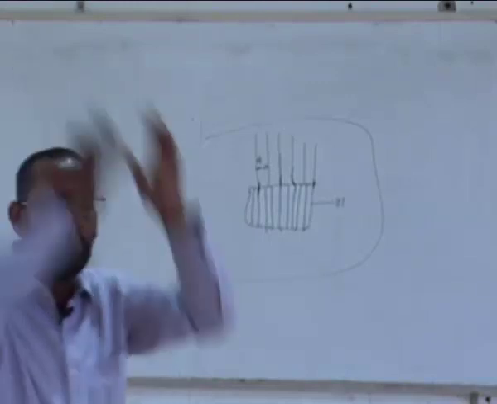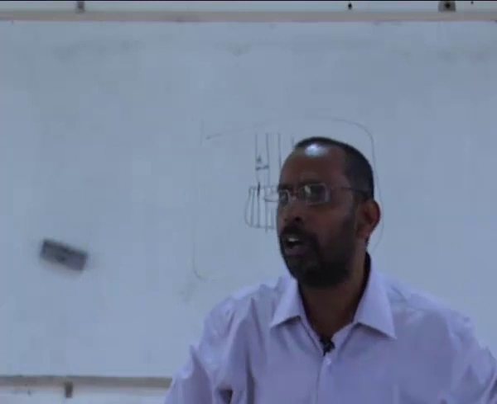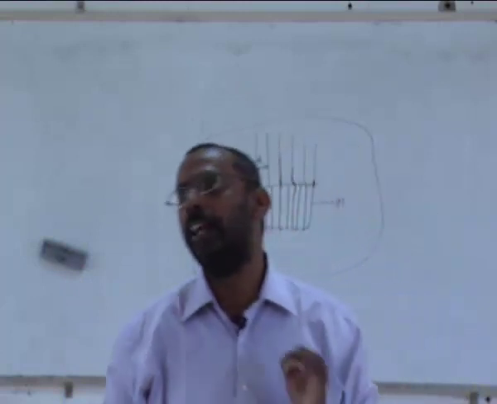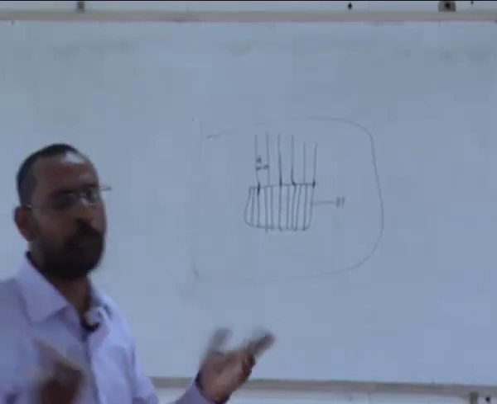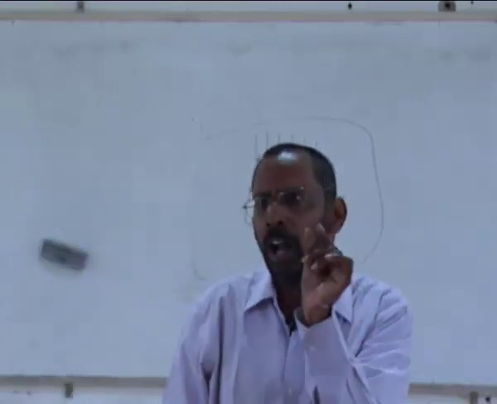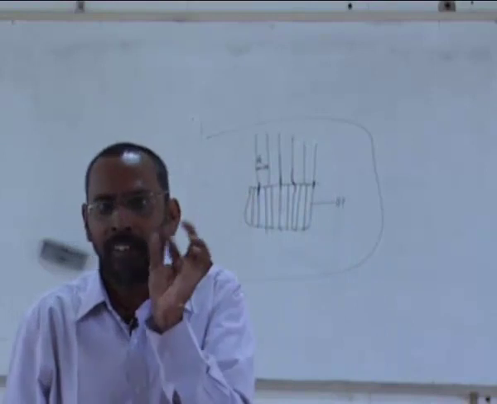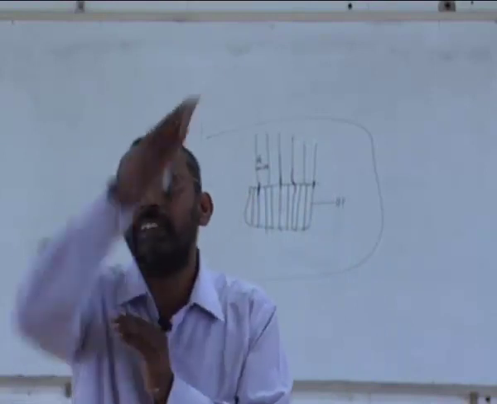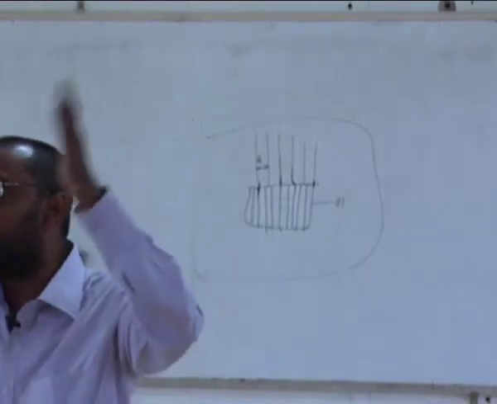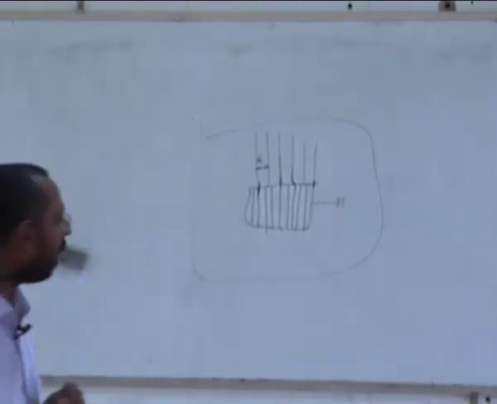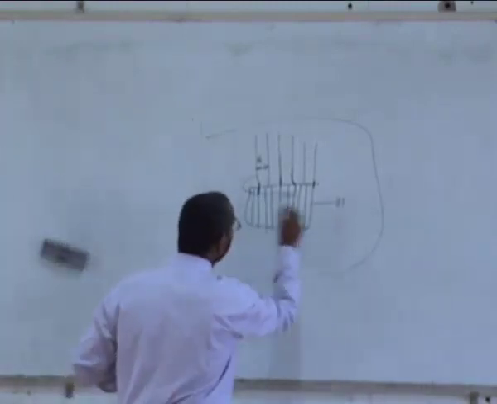Atomic planes are not able to continue across the interface. And such an interface is called a semi-coherent interface. I'm showing a slightly exaggerated situation. There may be a situation where all the planes are able to match because of a small difference. But because of that small difference, there is a distortion at the interface. The planes are slightly distorted at the interface. And as a result, there may be a certain strain here.